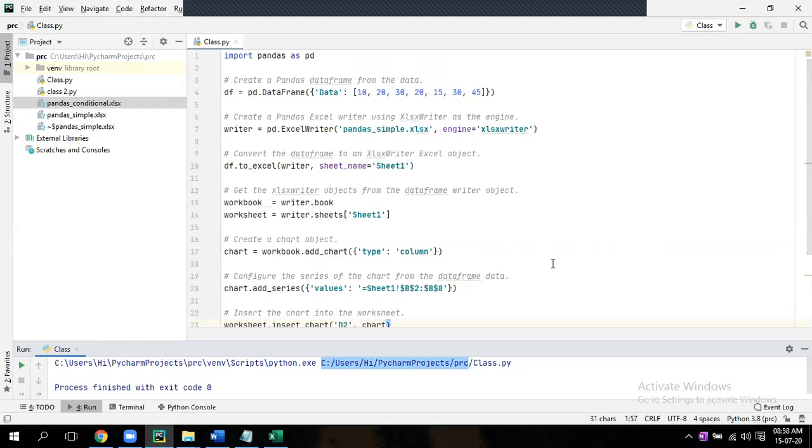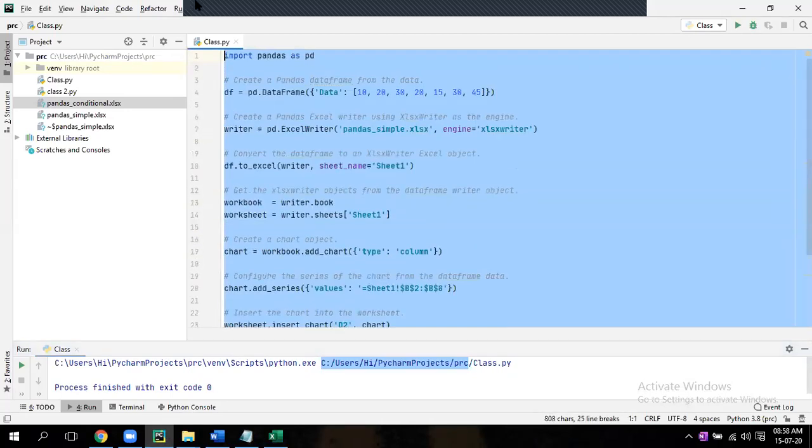So clear, insert chart, then save it. So this is for inserting a chart.